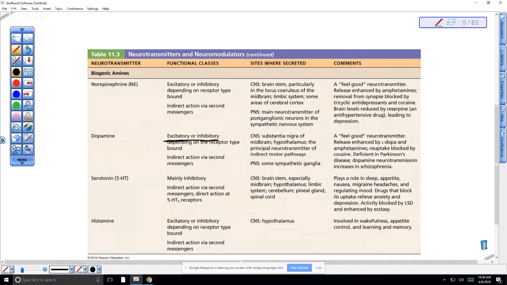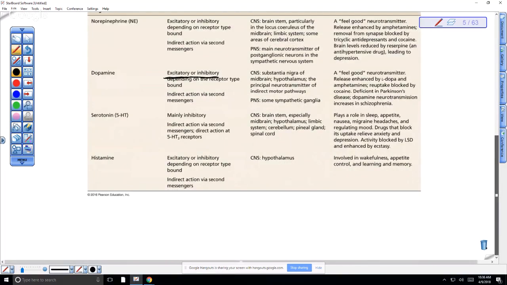It also increases in schizophrenia. Schizophrenia is associated with hallucinations and hearing voices. And so that could be due to the extra excitement of dopamine, the extra levels of dopamine in the brain. Okay. So if we move down our table,